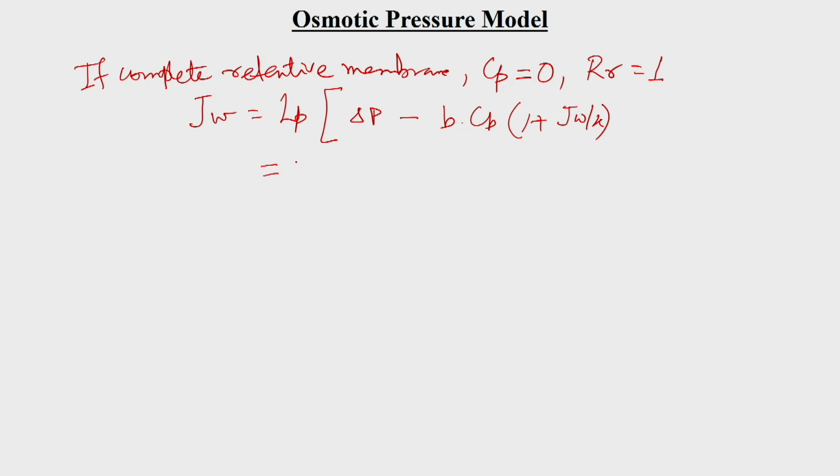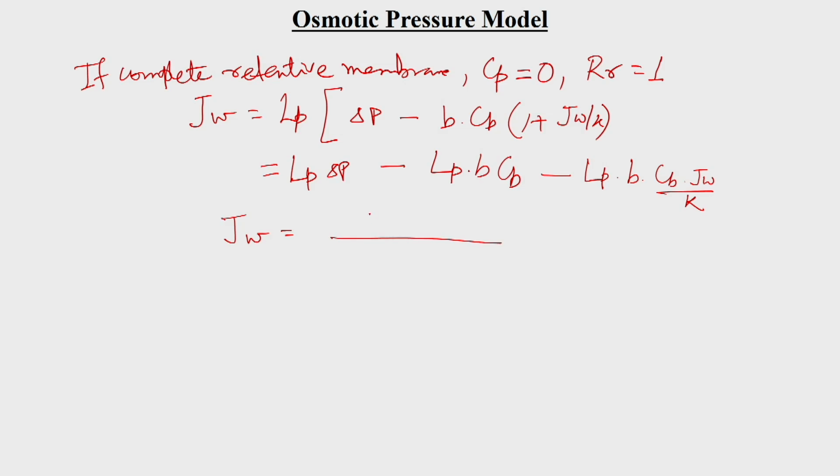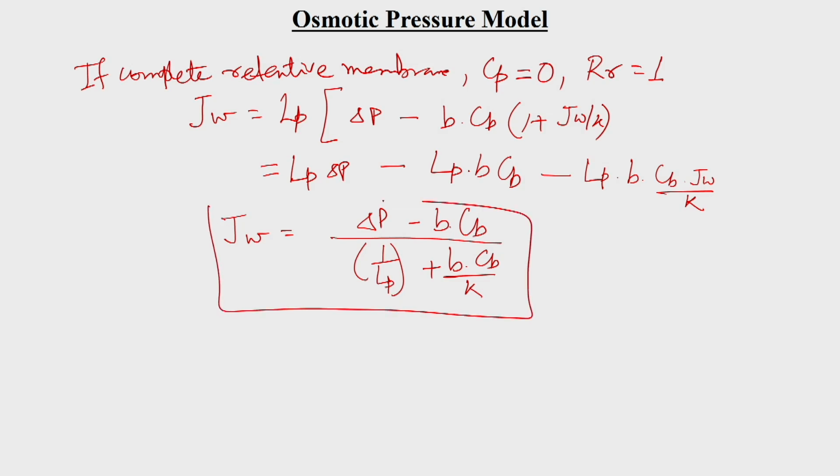So, in that case it would be Lp into del p minus Lp into B into Cb, and by this we need to do the manipulation, B into Cb minus Lp into B into Cb into Jw by K. So from there, just after manipulation, Jw will be equal to del p minus B into Cb divided by 1 by Lp plus B into Cb by K. So this is one expression for permeate flux, if we say Rr is 1,